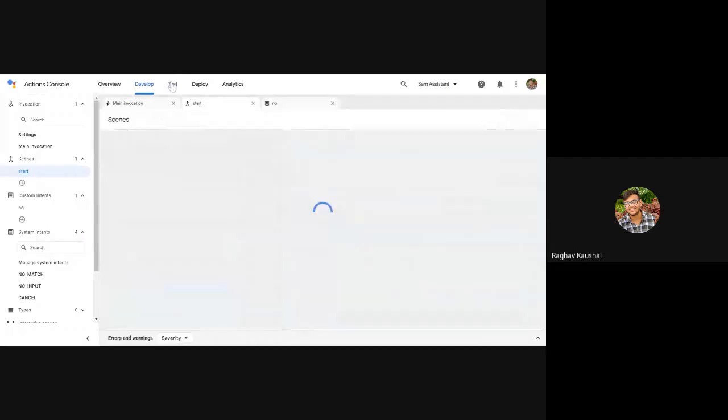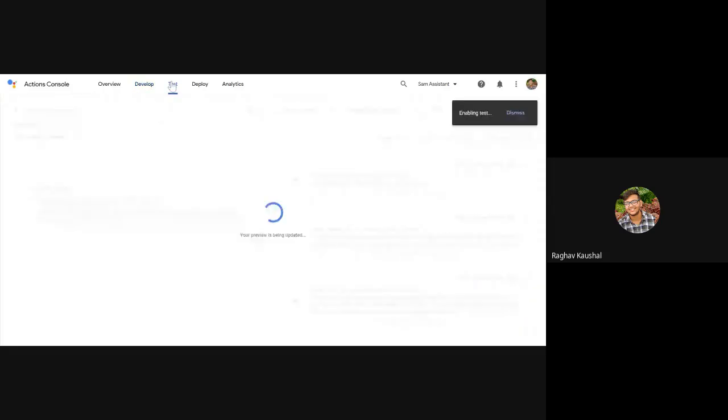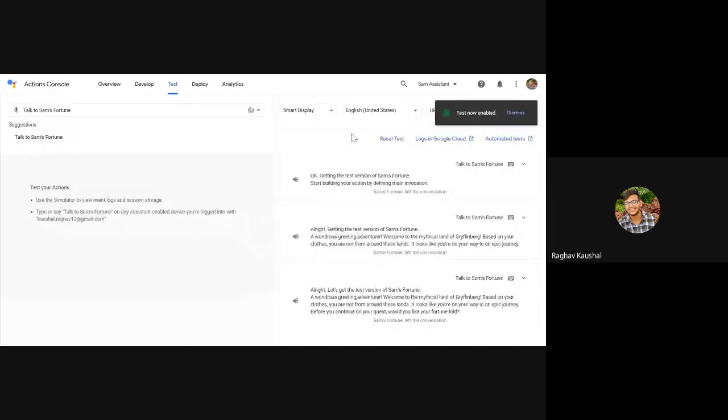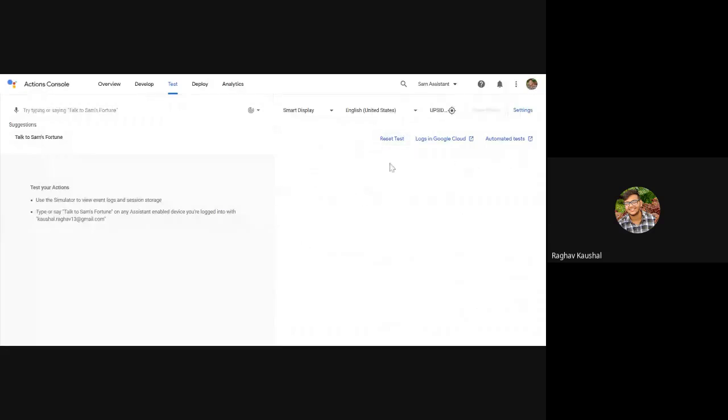Guys, testing is really necessary, because you might do three or four steps and then there is some sort of error, and you don't know at which step you made the error, so you have to go back and do all the steps again. Let me explain this before continuing. Reset test: just click on reset test and it will clear the logs present here. The logs are pretty awesome because they tell you what actions you are doing. Even when we advance further, the logs will be very important. I'll tell you their importance.